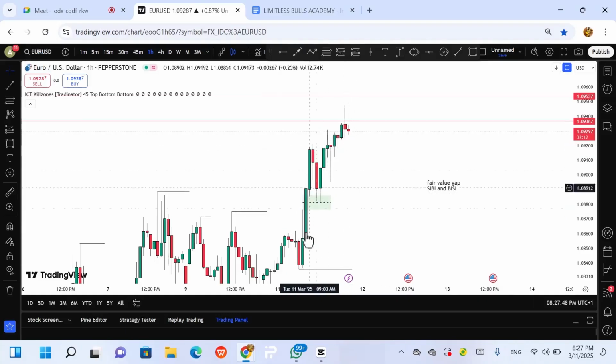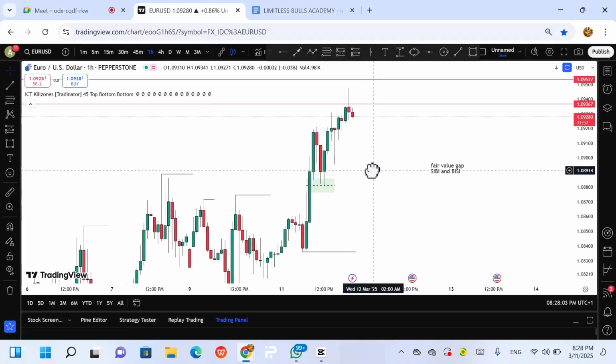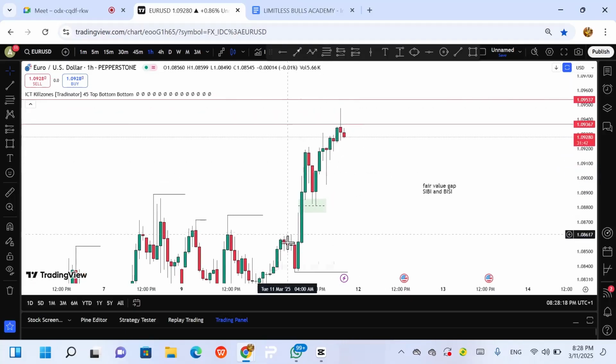Why? Because it is buy side. The buyers have overstretched this buy side, so buy side is now imbalanced with this gap, and sell side is inefficient. But now, what do you notice? You saw that after the market left this gap open, the market came back. Sell side came back to balance, to tap on this fair value gap. That is what now makes this price efficient to drive up higher. I don't know if you get the point.